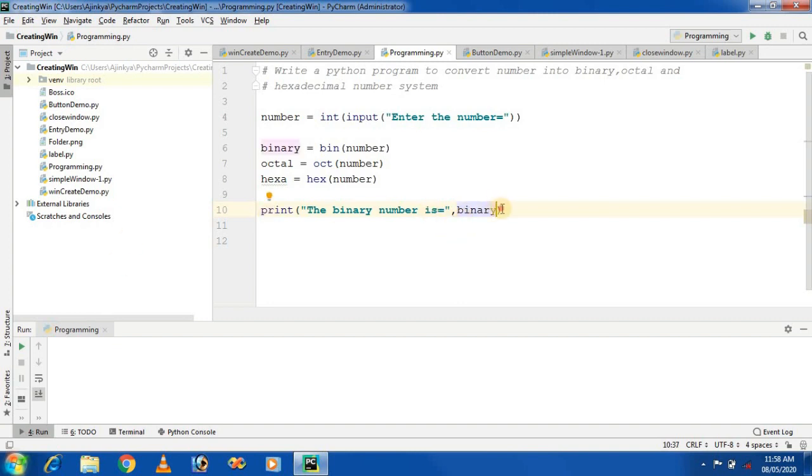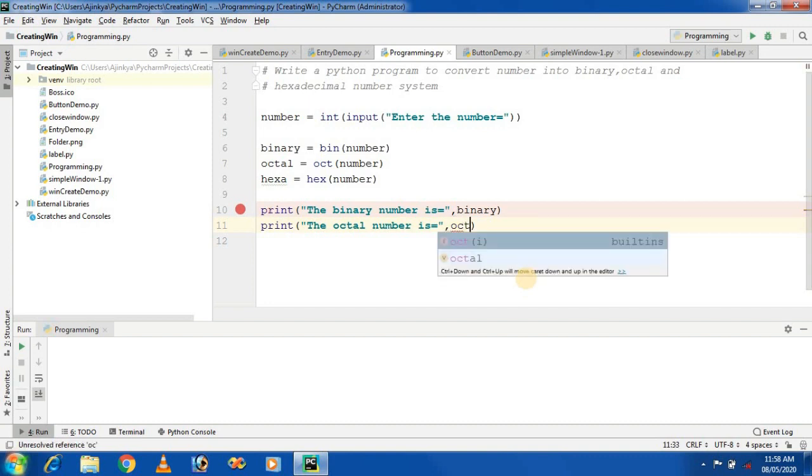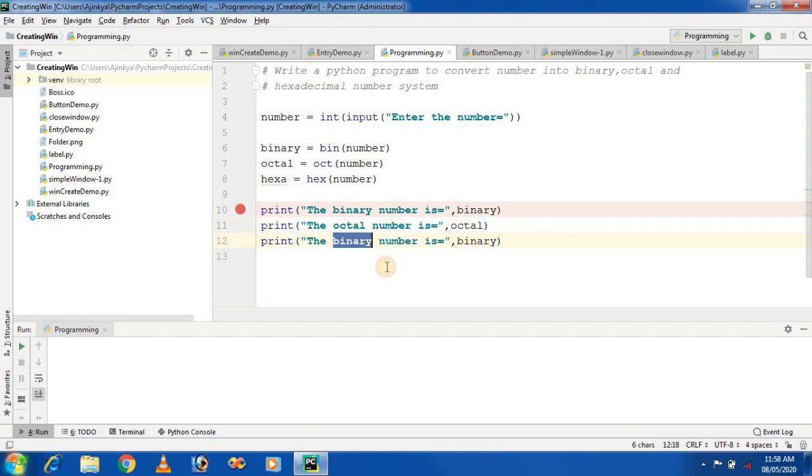The same we will do for the octal number is, and the result is present in octal. And the last one, hexadecimal, and the result is present in hexa.